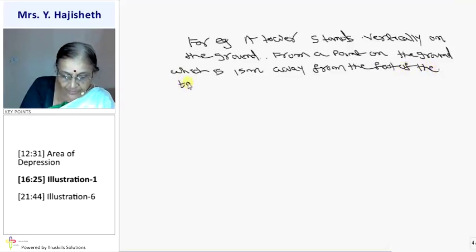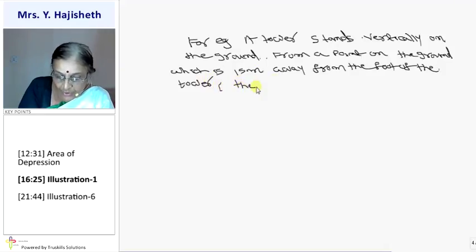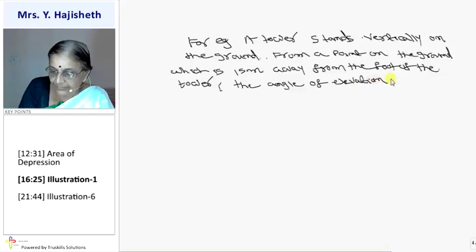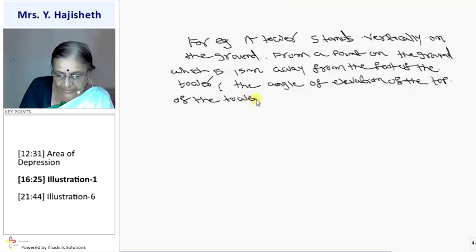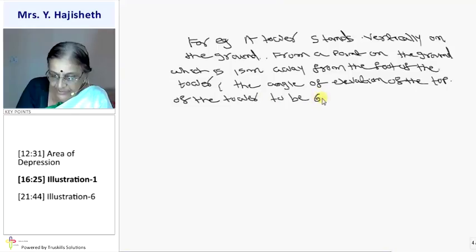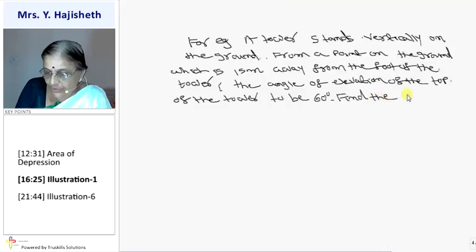The position of the point is 15 meter away from the foot of the tower, and the angle of elevation of the top of the tower, टावर ऊपर है ना, टॉप ऑफ द टावर, इसलिए एंगल ऑफ इलेवेशन आएगा 60 डिग्री. Find the height of the tower. देखा,